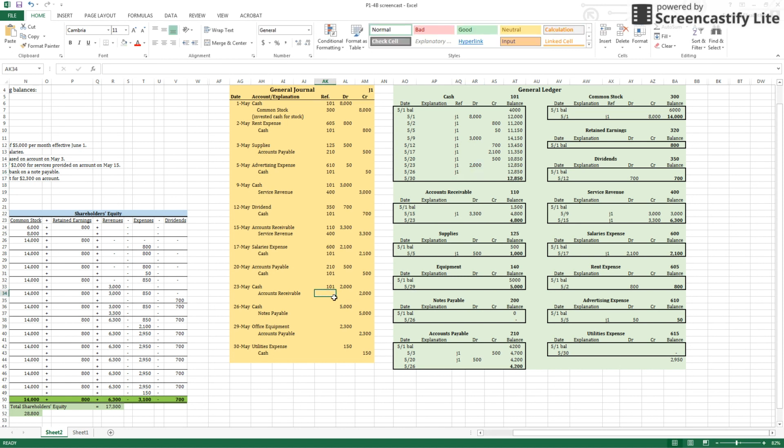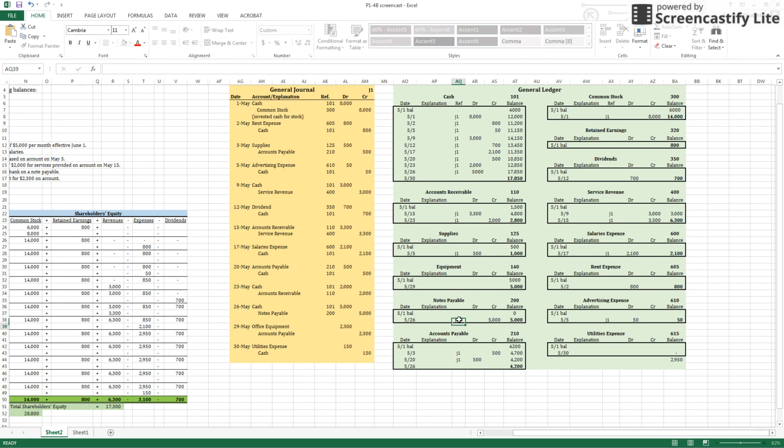And we are crediting accounts receivable for $2,000. On the 26th, we've debited our cash, and so we can debit that again. And we are crediting notes payable, and our notes payable is account 200, so we would credit that for $5,000